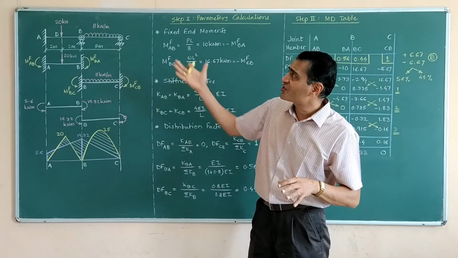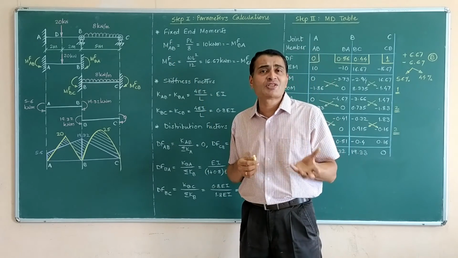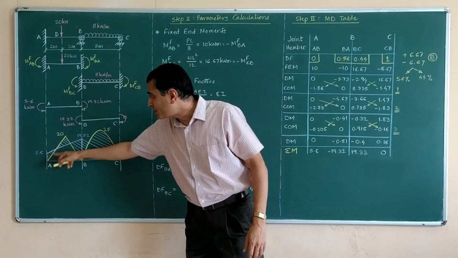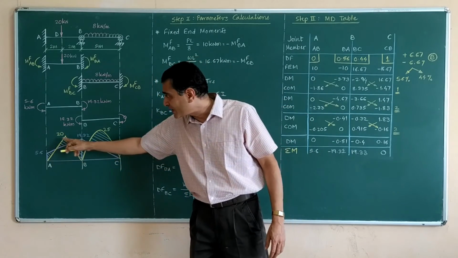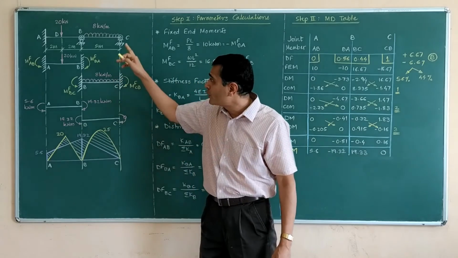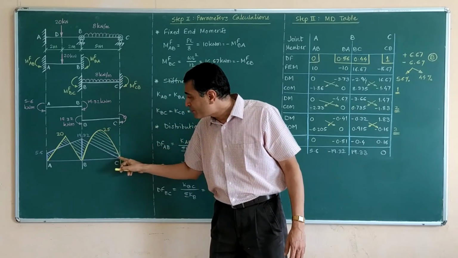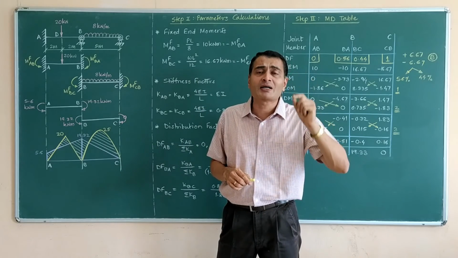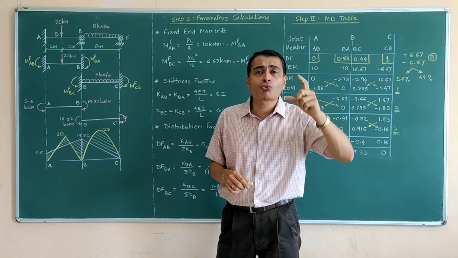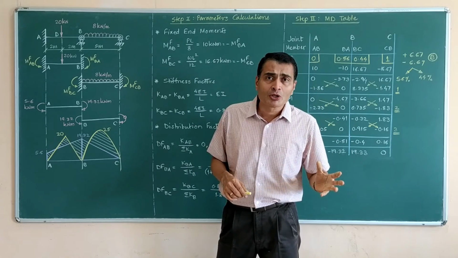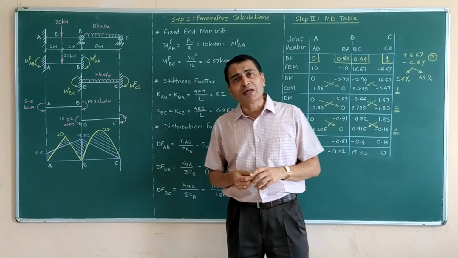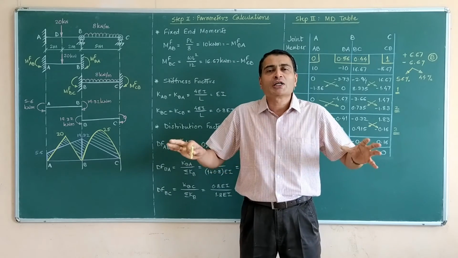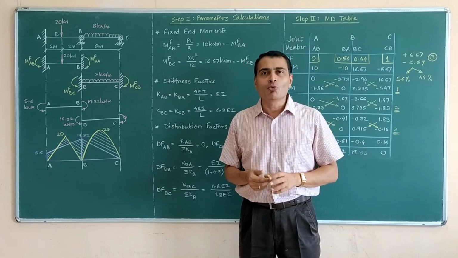And then using the standard result for a point load at mid span and for a UDL over the entire span, for the point load I am drawing linear variation, my final value is 20, and for the UDL it is parabolic variation, the maximum of the parabola is giving me the bending moment value of 25. So this is my bending moment diagram using superposition, and this is a complete continuous beam problem using the moment distribution method.